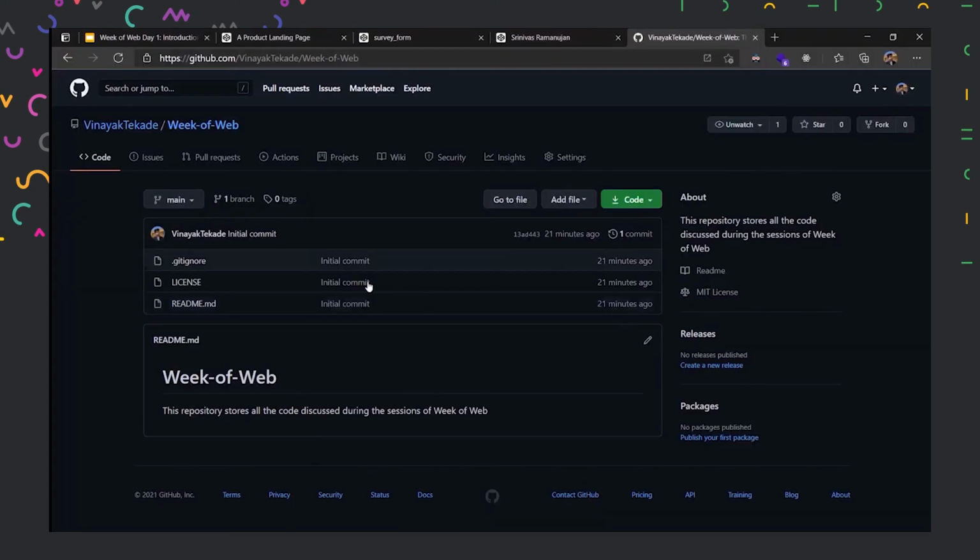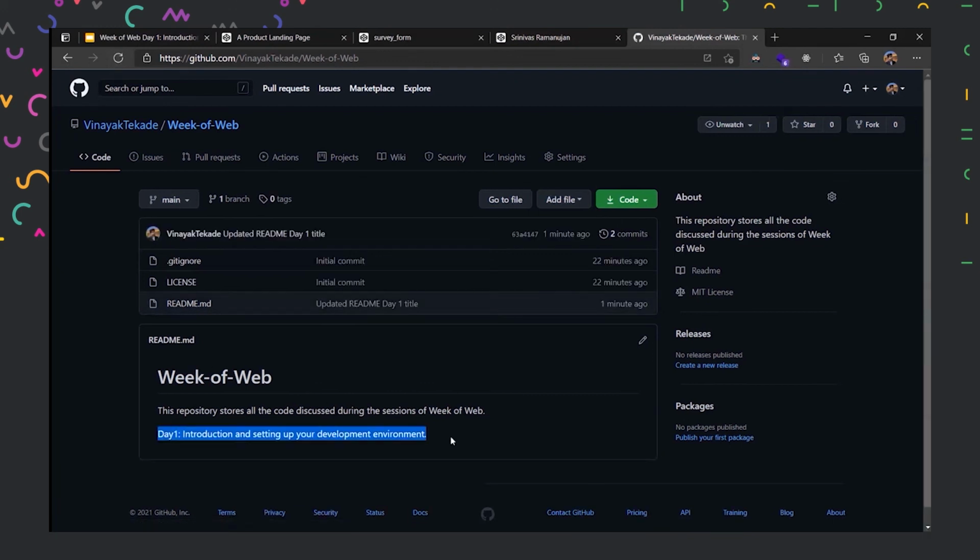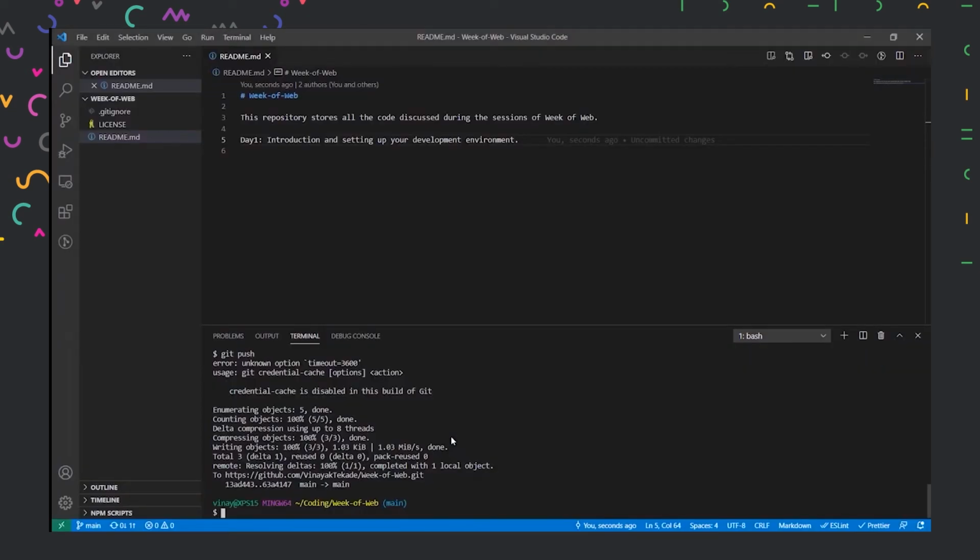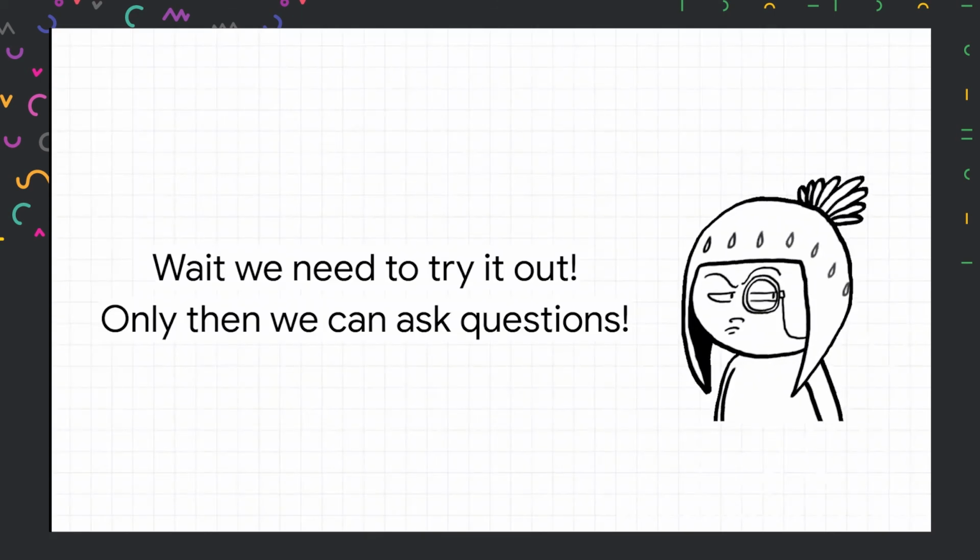Now if you head back over here and reload the page, you will see this line has been added. That is how Git and GitHub work together, and that is how we integrate the terminal in our VS Code as well. So we will be spending most of our time in VS Code itself. That is how we set up our development environment.